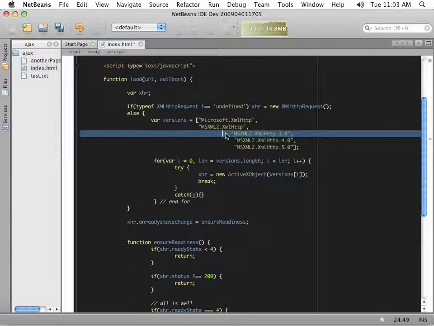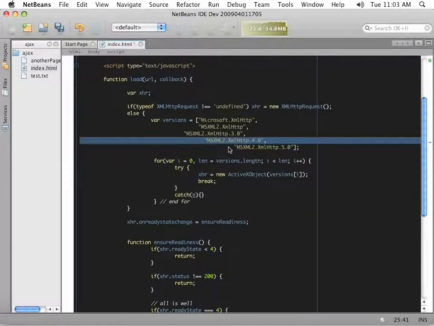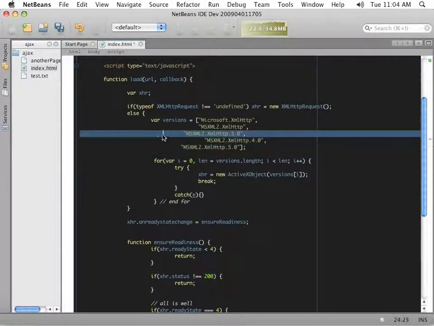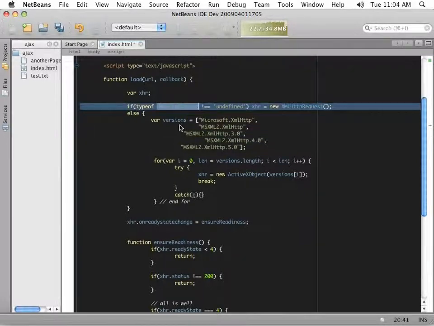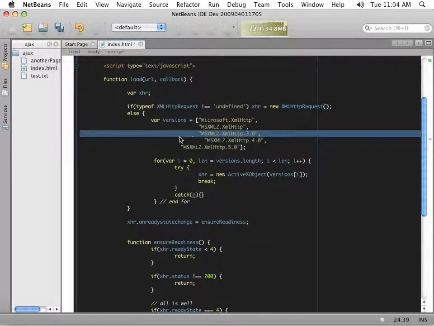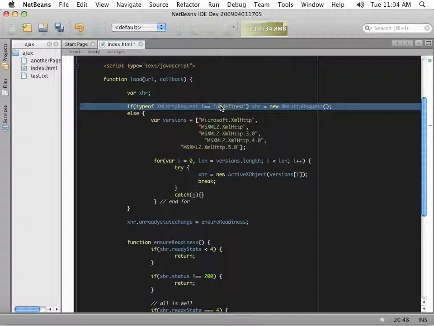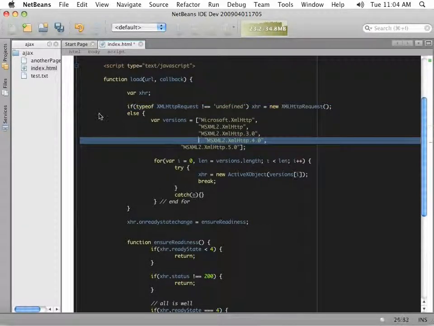So, continuing on, I'll clean that up later. Basically, we're saying if the XMLHttpRequest object exists, if it's not undefined, we know it's available to us, then set XHR equal to a new instance because we know we're working with a modern browser. Otherwise, we know we're working with